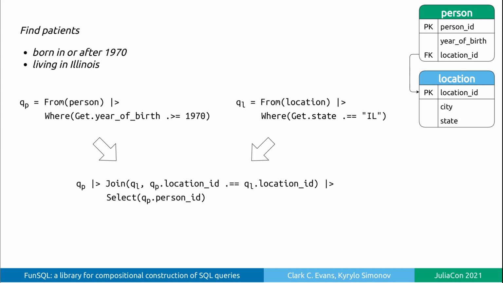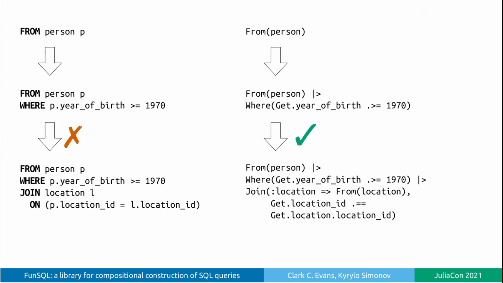Build two queries, one which finds age-eligible patients and the other that restricts locations to Illinois. To apply both constraints at the same time, we combine these queries using join. Although this is very straightforward, it may still surprise you. If you are familiar with SQL, you may notice that the final query seemingly violates the lexical restrictions of the SQL grammar. Indeed, SQL clauses must be applied in a particular order. In this example, from followed by where followed by join is actually a syntax error in SQL.